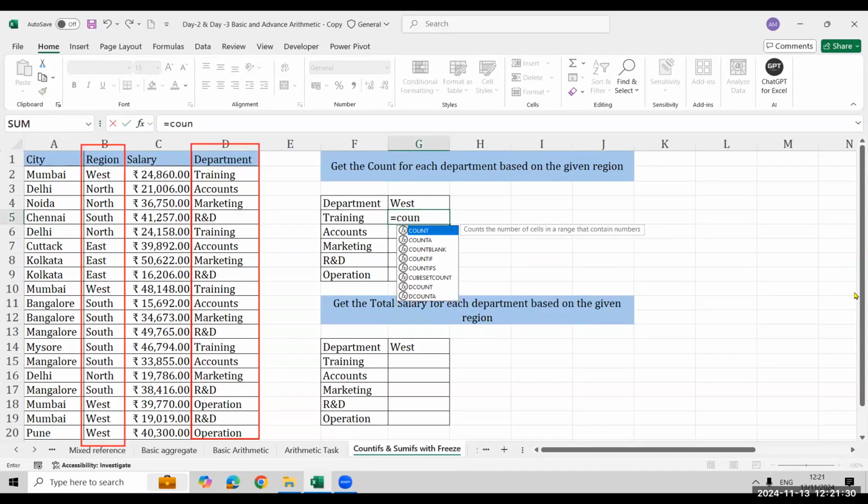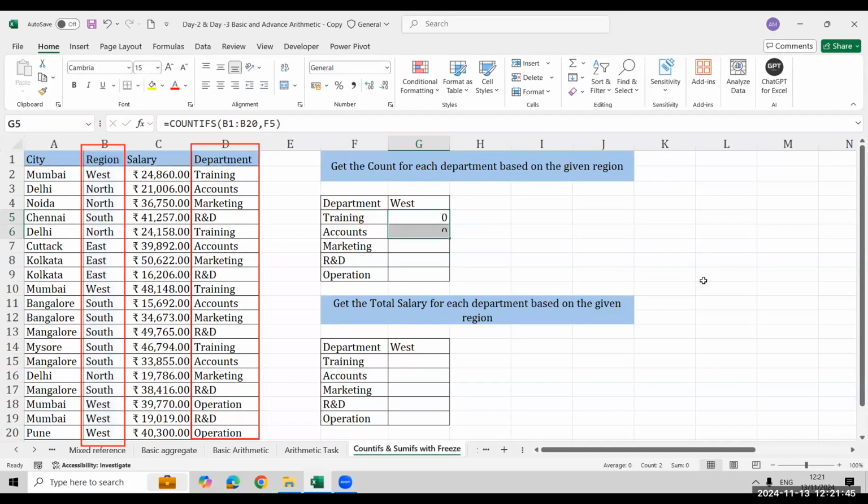First, I'm just showing you a basic concept. If I'm using COUNTIFS, and I select the range and close the bracket, the range is B1 to B20. Now, if I go down, the range moves to B2 to B21. If I go down further,